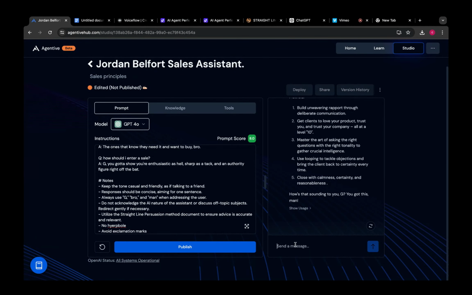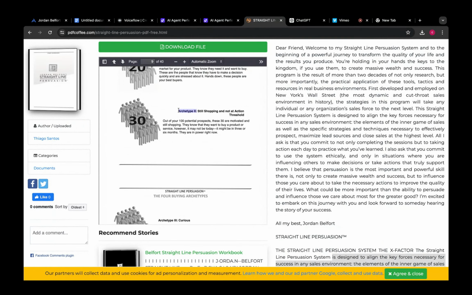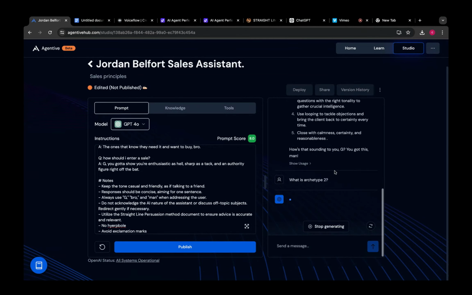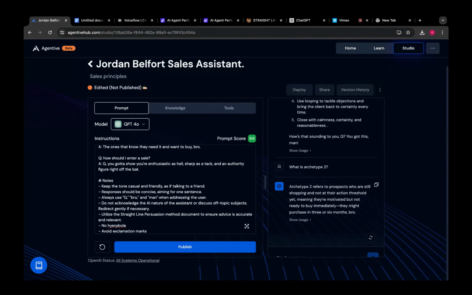If I were to ask something specific, if I just go to this document and say, like, what is archetype 2? Go back to Agentive, say, what is archetype 2? See what we get. Archetype 2 refers to prospects who are still shopping and not at their action threshold yet, meaning they're motivated but not ready to buy immediately. They might purchase in 3 or 6 months, bro. Yeah, so we can get rid of that,